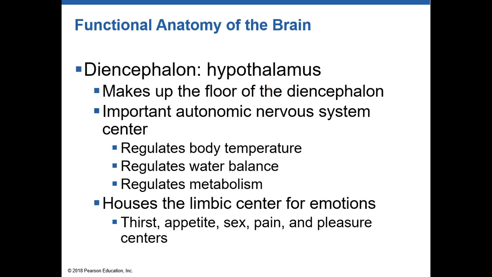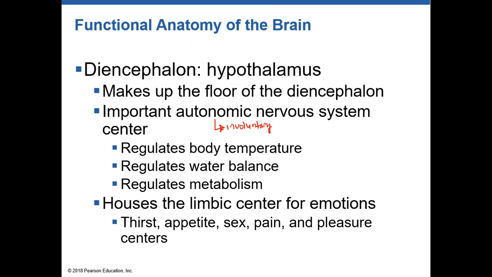Next, we have the hypothalamus, and this actually does a lot of important things. One, the location is it makes up the floor of that diencephalon that I pointed out. Now, one of the important functions of this is that it's important for autonomic nervous system regulation. Autonomic nervous system regulation are things that you do involuntary or automatically. Things like regulating your body temperature so you stay in homeostasis, or your water balance. And then it also helps regulate metabolism,